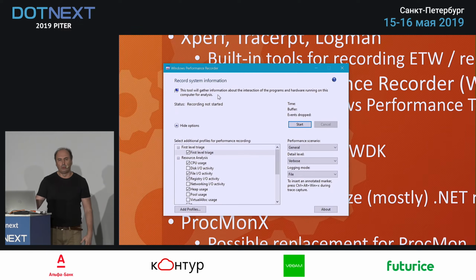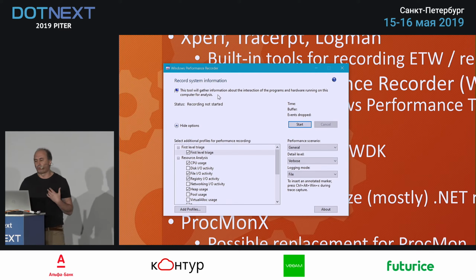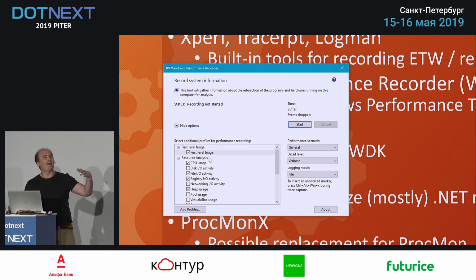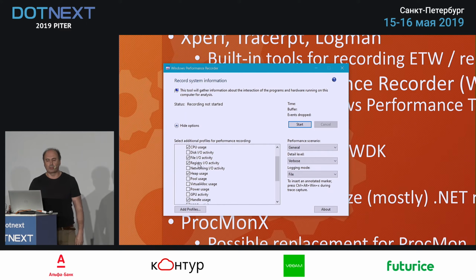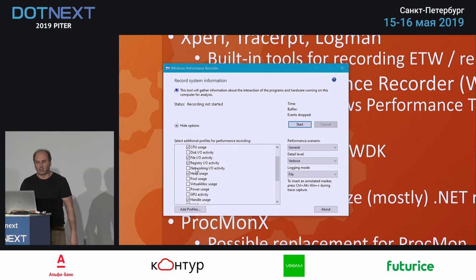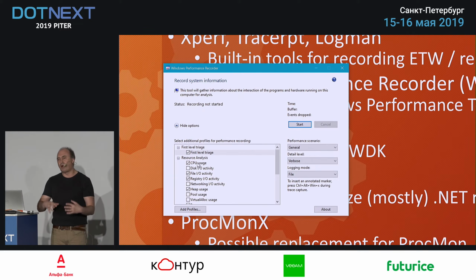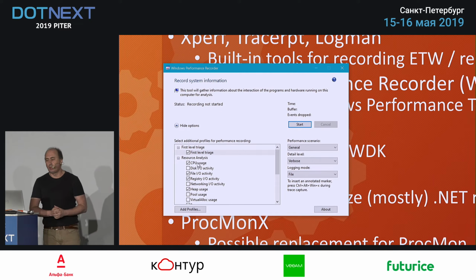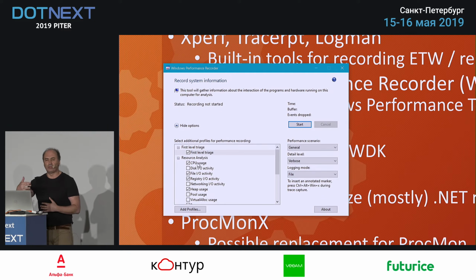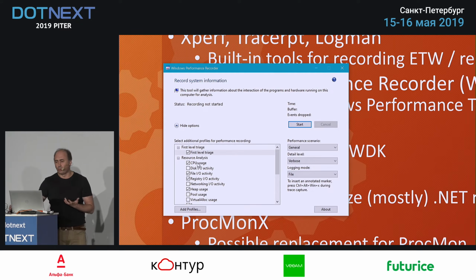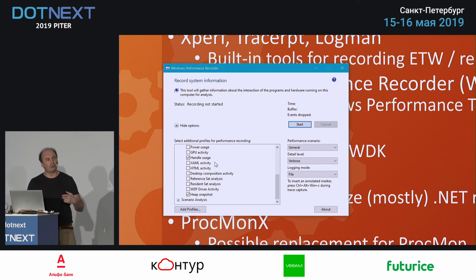So here's what the tool looks like. What you need to do here is select what kind of providers you want, but this tool is more high level and gives you some general descriptions of things you may be interested in, and it's going to activate the appropriate providers under the covers. So if I want to analyze stuff related to CPU usage, I'll just select CPU usage and let the WPR enable the proper providers that would give me rich information about CPU activity once I actually start recording. And so this is just a convenient tool to initiate